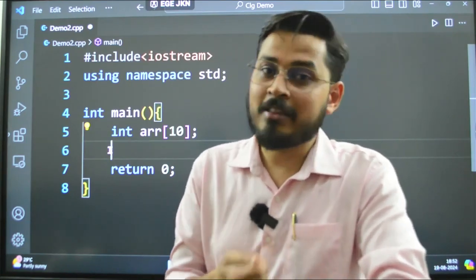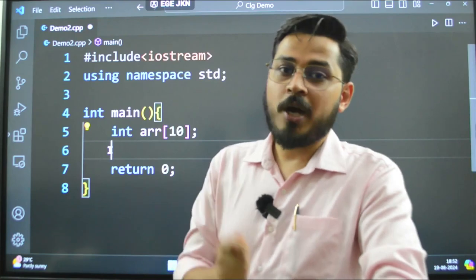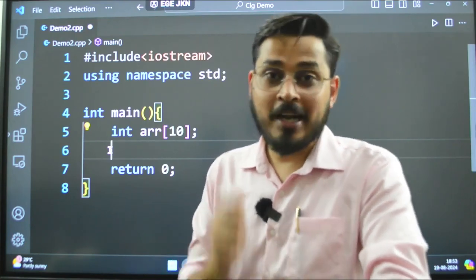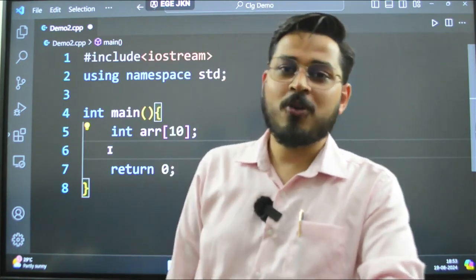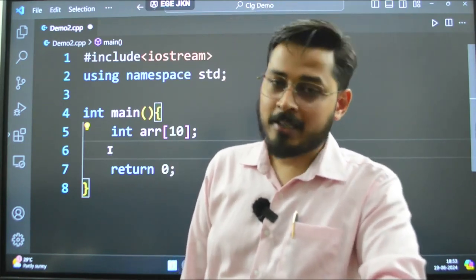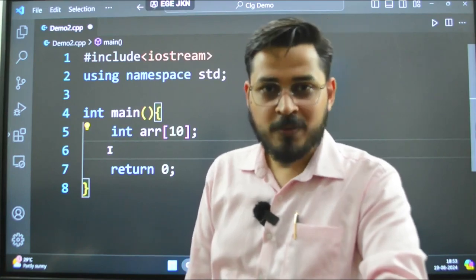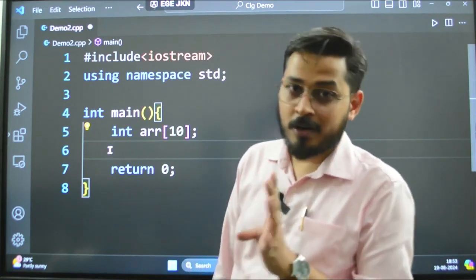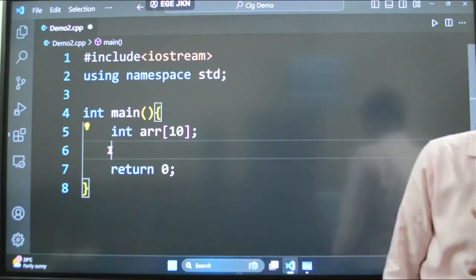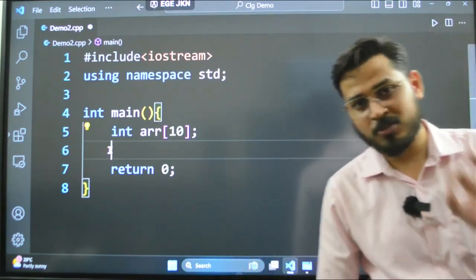Either you can do that, or you can do an operation altogether. I would like to give this to you as homework. Please tell me in the comment section below how you will do that. Write the code for how you use a for loop in an array. You already know how to use a for loop, so this is gonna be our homework. That's a very basic thing, so I'm gonna move on to two-dimensional arrays now.